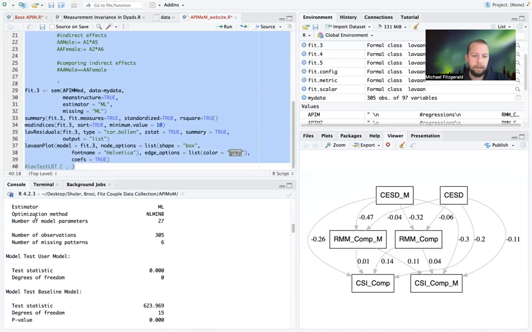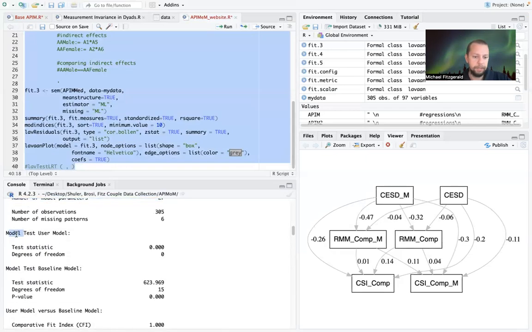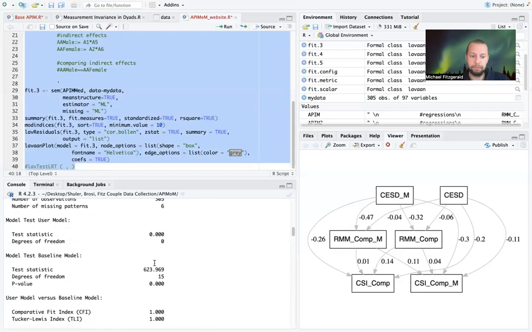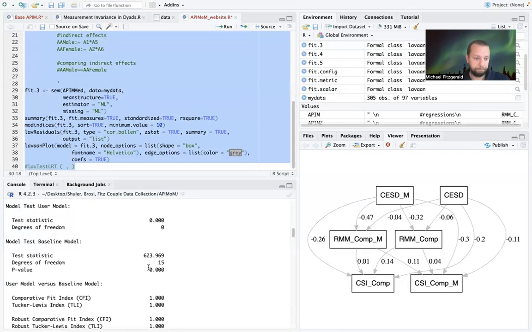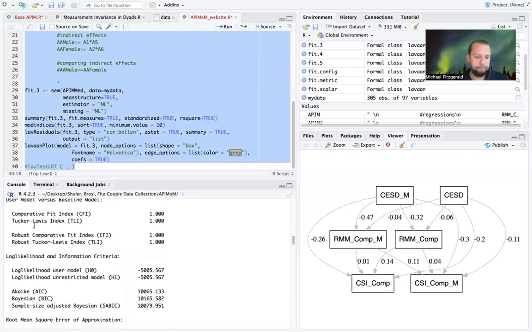And so we have 27 parameters, and then we have 0 degrees of freedom. So despite the model fit being perfect, despite having no degrees of freedom, I always check the fit statistics just to ensure I don't have a syntax error. Because if you get anything other than 0 here, then you have a syntax problem, because we are estimating, or should be estimating, every parameter that is possible. All right, so we'll scroll down,